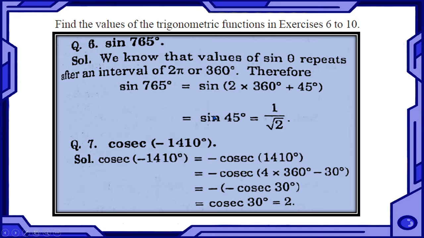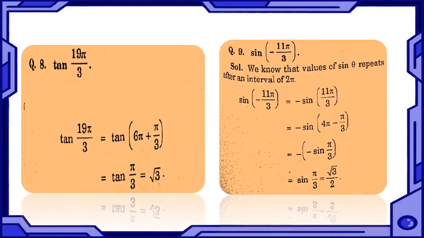They are kind of co-terminal angles. So it is 1 by root 2. Same way we can calculate for the rest of the angles. Cosec minus 1410. Let's take minus outside, and it can be written as 4 into 360 minus 30. Now 4 into 360 will bring me on the positive x-axis, and then again minus 30. I'm doing something minus, so it will fall in the fourth quadrant, and in fourth quadrant cosec is negative. This negative, negative, positive, and cosec 30, again I know it is 2.